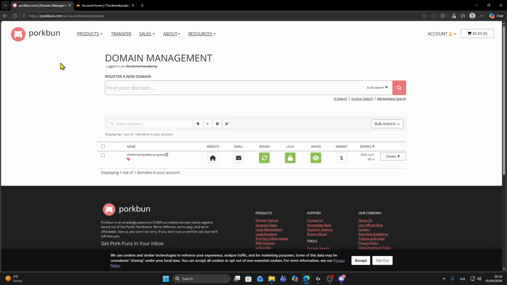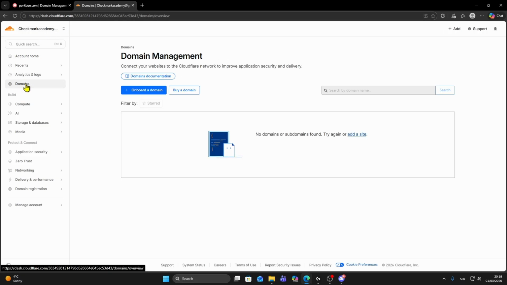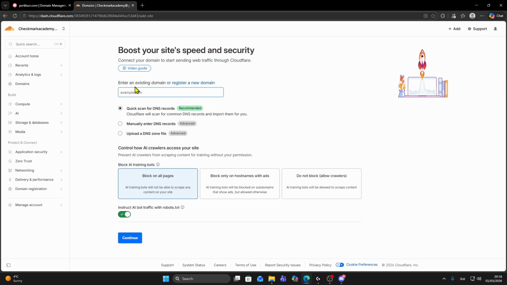In this video I will show you how you can connect your Porkbun domain to Cloudflare. So now this is really easy. Firstly, you want to open the domain section on Cloudflare and click on onboard a domain, and then